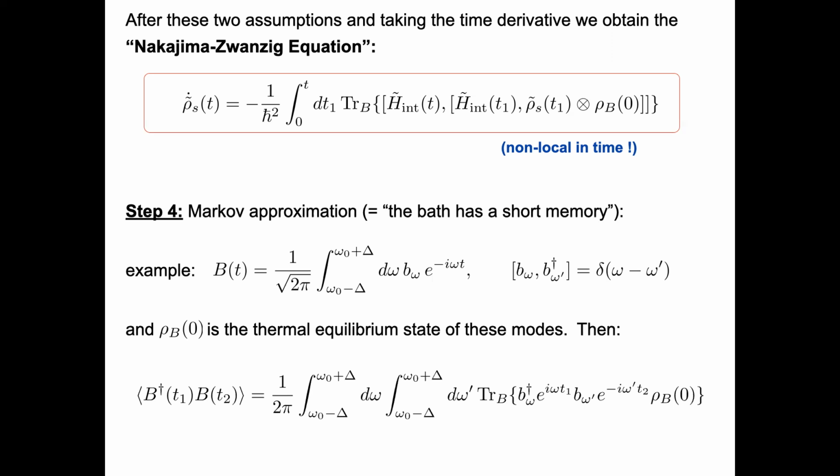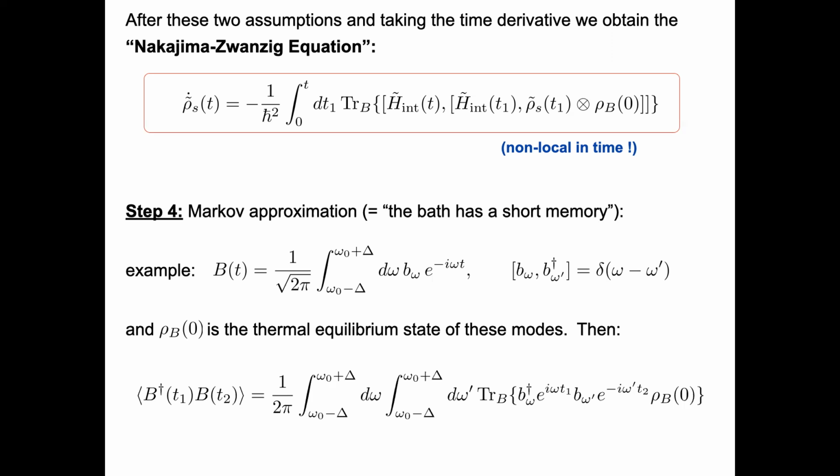So this is again our definition of the B operator. It's centered around a certain frequency, omega 0, and has a certain bandwidth that we call here delta. So this is the bandwidth around this frequency. And again, in this continuum notation, these B operators fulfill these commutation relations, which are now delta correlated, because instead of having discrete sums, we're already working here with integrals. But you could do the same thing by just replacing this with a discrete sum.